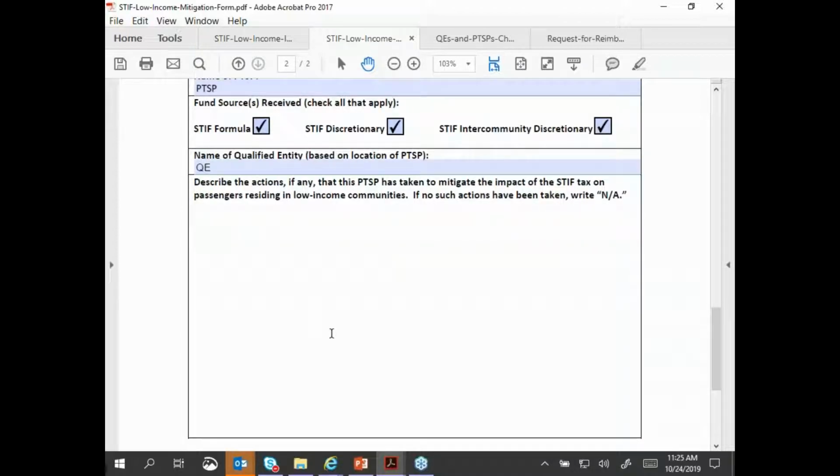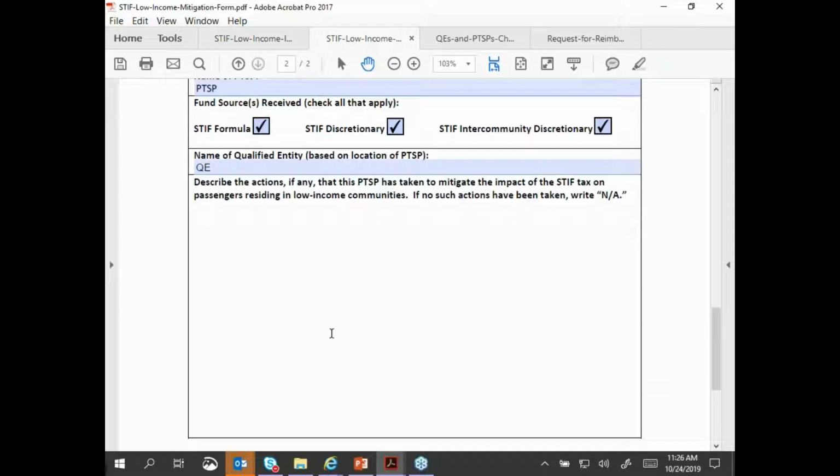And here is where they're going to describe the actions, if any, that this PTSP has taken to mitigate the impact of the STIF tax on passengers residing in low-income communities. If no actions have been taken, write NA, non-applicable. So even if a PTSP hasn't done anything related to low-income communities, they still need to complete this form. They can put NA and submit that to the QE.